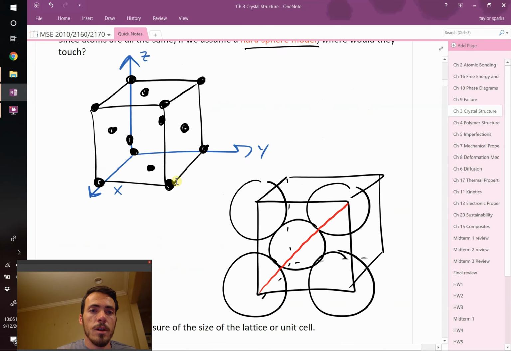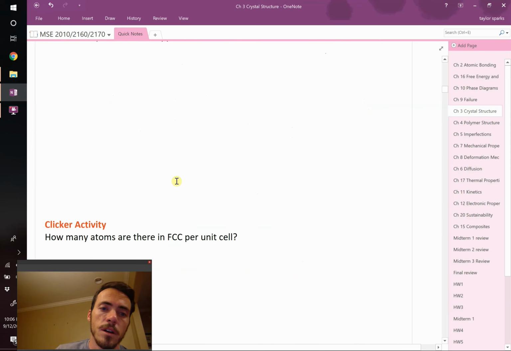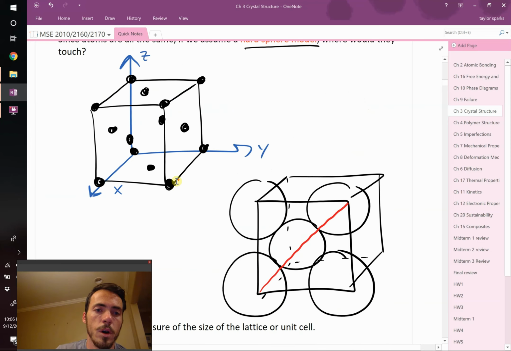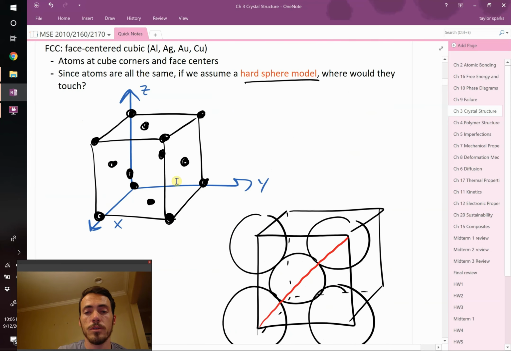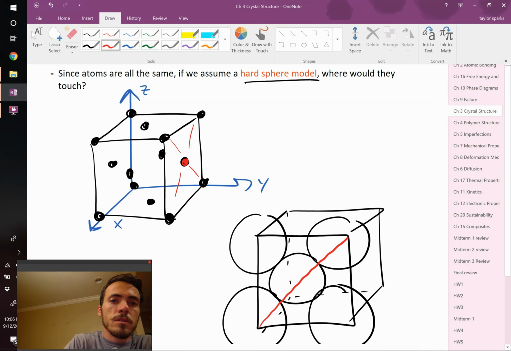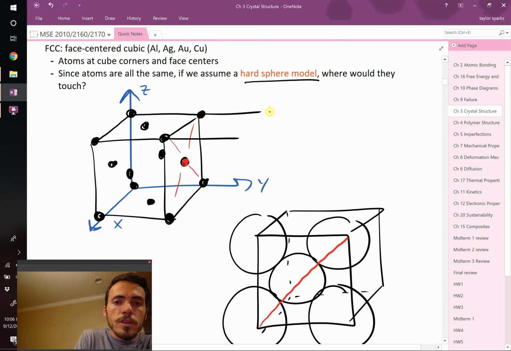Now, the next question is, what would be the coordination number of atoms in this crystal structure, right? How many are they coordinated by? So in the FCC crystal structure, how many are they coordinated by? So again, on this one, you can just take a look at this atom for a minute. How many nearest neighbors does it have? Well, it's got 1, 2, 3, 4. Those are all equidistant. But then you could draw another unit cell next to it. Let's go ahead and do so. If we draw this unit cell next to it,